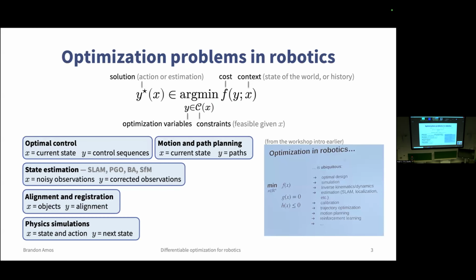I realized for this audience, I don't need to introduce so many of these problems. Even the intro slides this morning had this list of optimization problems that ended up being almost identical to the ones that I originally put on my slides. So I thought I would copy and paste this picture that I took just to show the similarities. I imagine I don't need to go through so many of these for this audience, but there are a lot of these optimization subproblems which involve optimal control and motion and path planning.